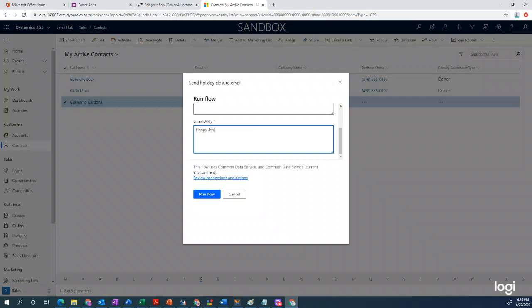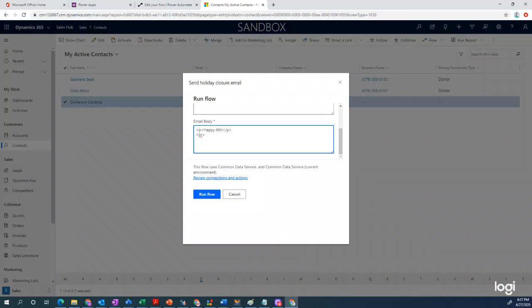But I want to go ahead and make it a little bit nicer. So I'm going to use an actual HTML character. I'm going to use the break tag so it goes down. And I can actually, let me do this with a P for paragraph. And then what I'm going to do is